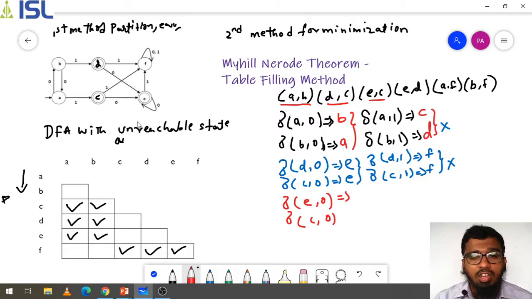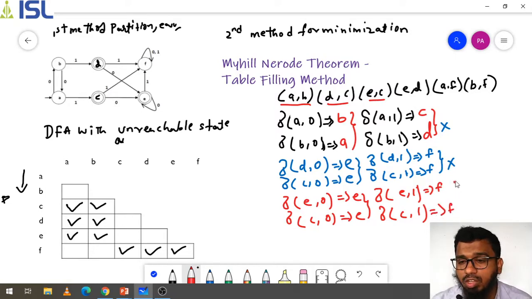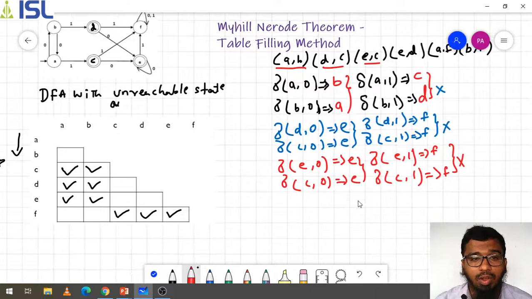E on 0 is going to E itself, and C on 0 is also going to E. Okay, fine. Next, delta E on 1 and delta C on 1. E on 1 is going to F and C on 1 is also going to F. So this pair will not be marked because this condition is not satisfied. Okay, fine. Next,